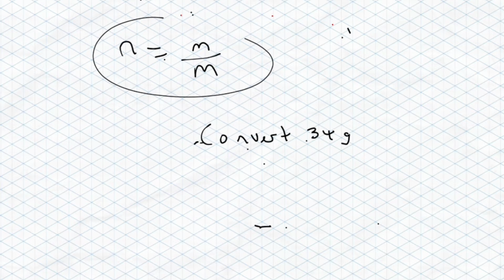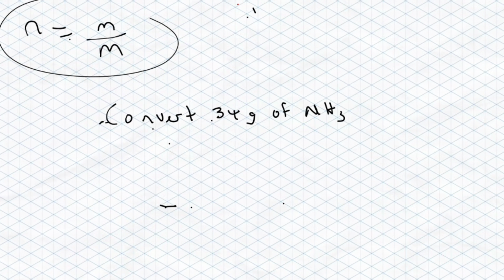34 grams of NH3 to moles. If you have to calculate 34 grams of NH3 to moles, first thing you need to know is that you have to calculate the molar mass of this. Whenever you are given grams, always look for the molar mass first if you want to convert to mole because